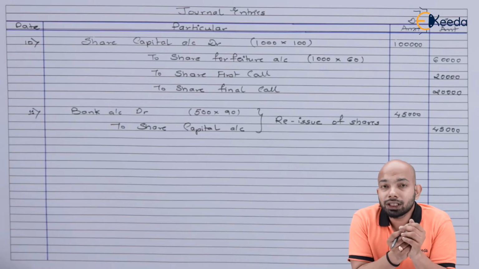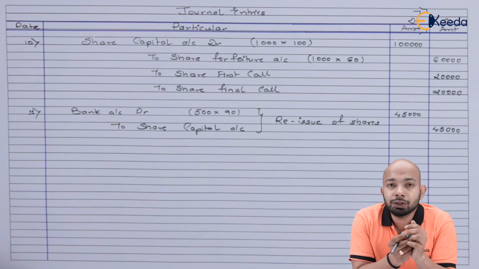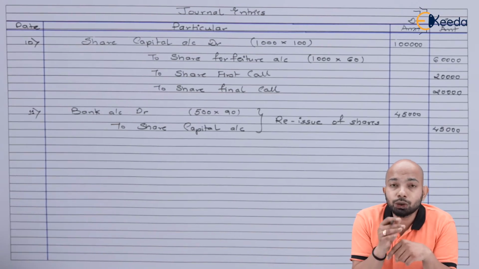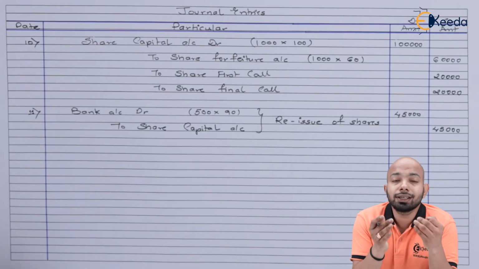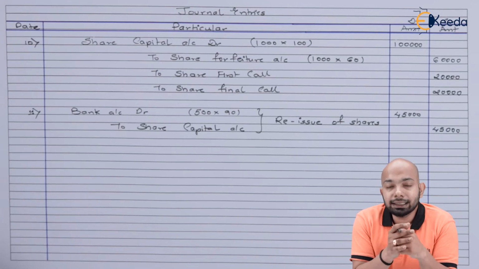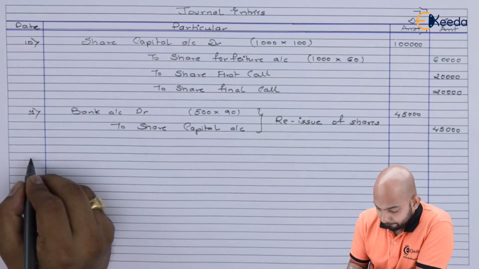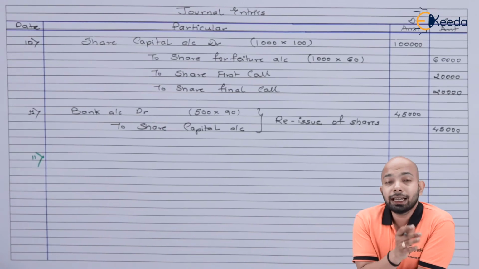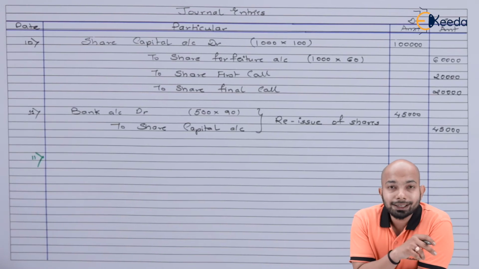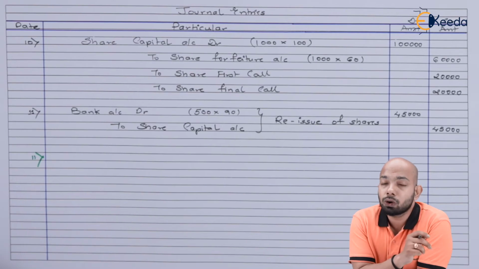So as an alternative to this specific entry, if the question asks you whether you have to calculate the profit or loss on reissue, in that case you have to pass a different entry. So I'm highlighting that entry in green, and that's an alternative entry. Make sure that it is not a continuation of this specific illustration, it is only added information for you. Hence we are marking that entry in green here. Hence, I'm mentioning an alternative entry. Again, the number here is the 11th entry. We have already passed an 11th entry, hence we are passing an 11th alternative entry.